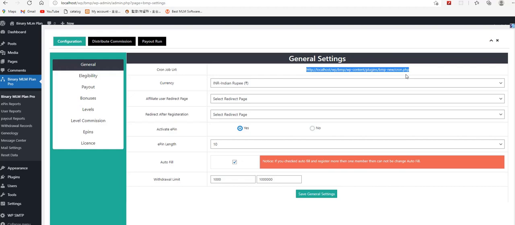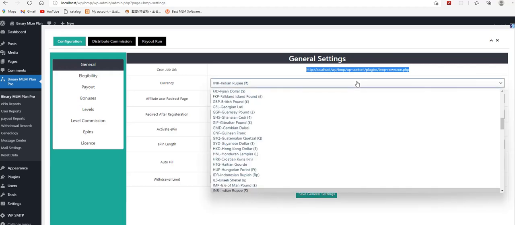If the admin uses this URL, then at that same time the functionality will execute. But the admin does not need to have a scheduler for this. Control panels or servers have cron job functionality by which the schedules can happen.